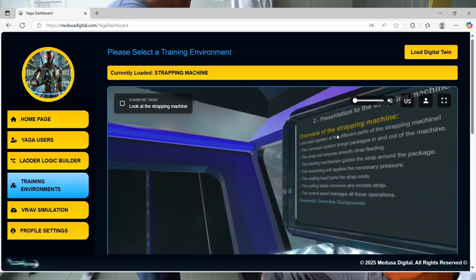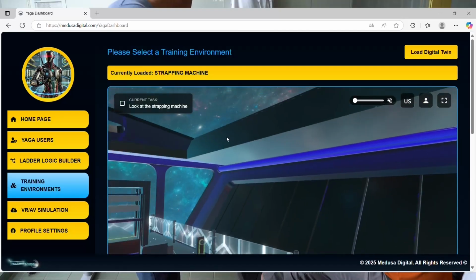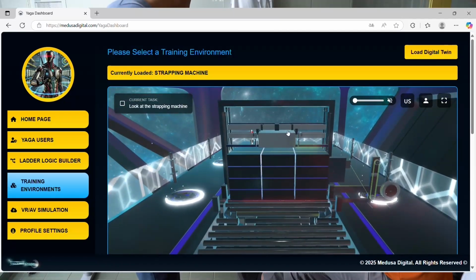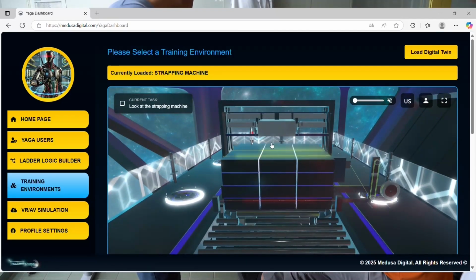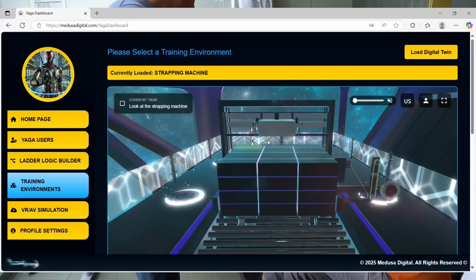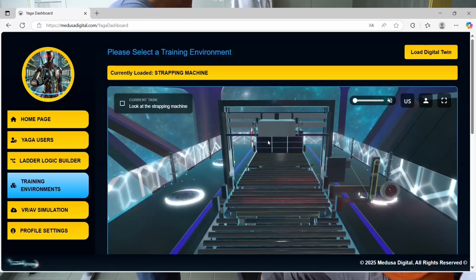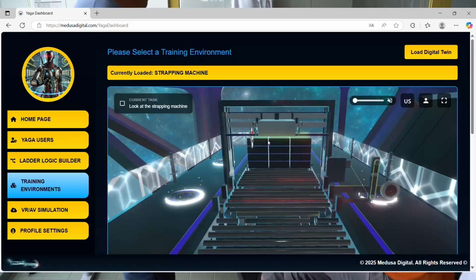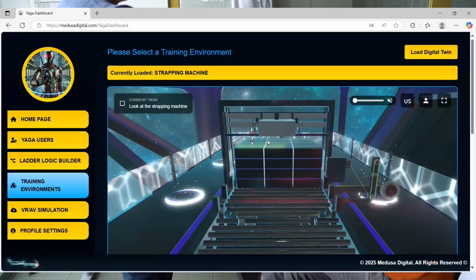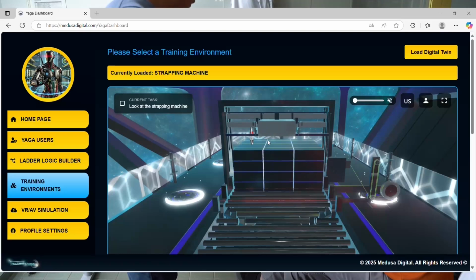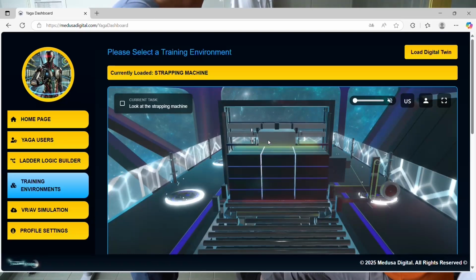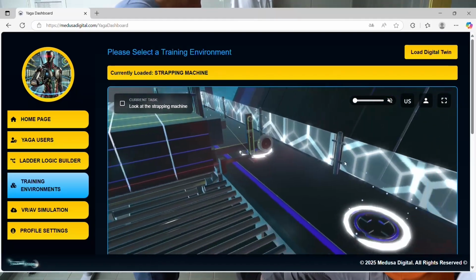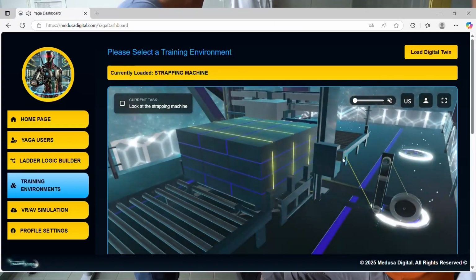If you go back and you see, you're going to see that it has different sensors. You'll see animations of how this works. The objective is that they understand that this is a machine that is meant to strap around packages, pallets, and whatever, so they don't fall down. So we begin roughly with animations, so they understand what it is about. And then we actually